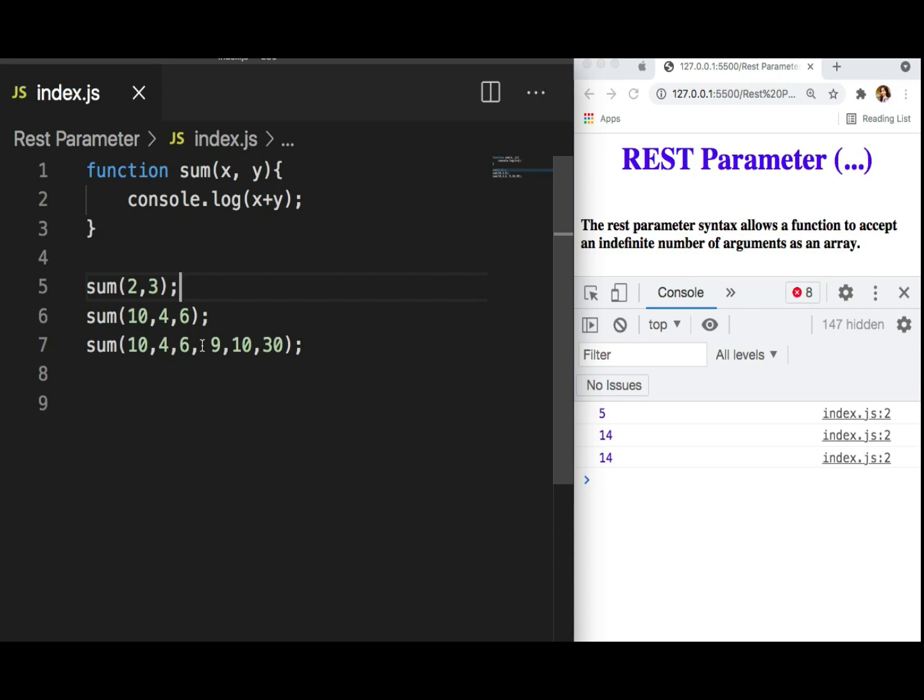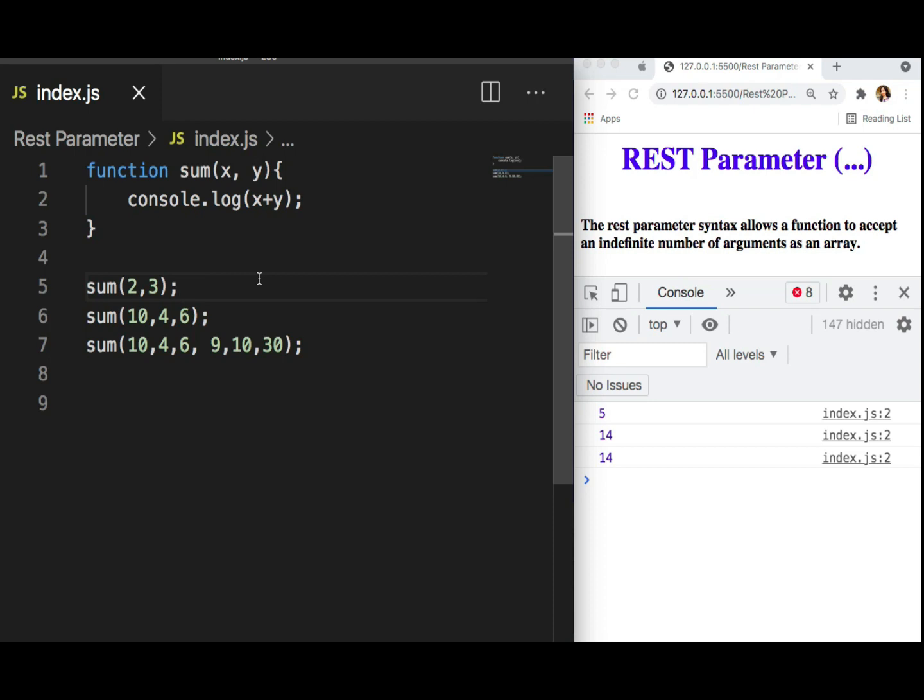That's why I mentioned that rest parameter basically helps us to improve the handling of parameters. Now you must be thinking that this requirement is not new. Before ES6 also we had this kind of requirement where we wanted the function parameters to be dynamic. There we had one property called the arguments property that we used to handle the same scenario before ES6. There are some differences between using arguments and the rest parameter that we will take a look at. Let's first understand how we can solve this issue with the help of the rest parameter.